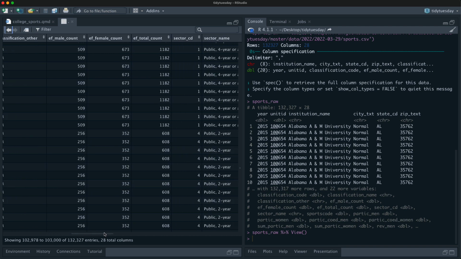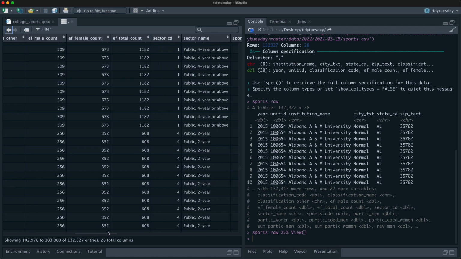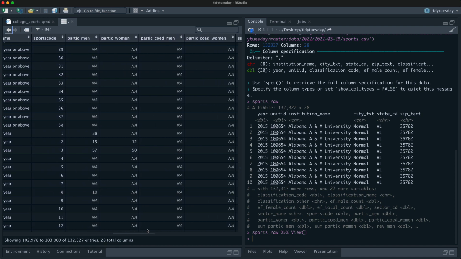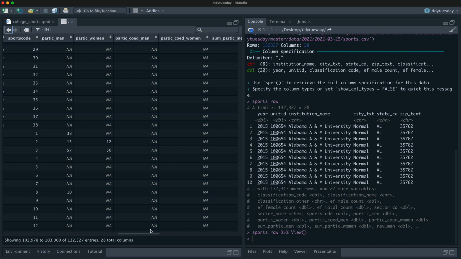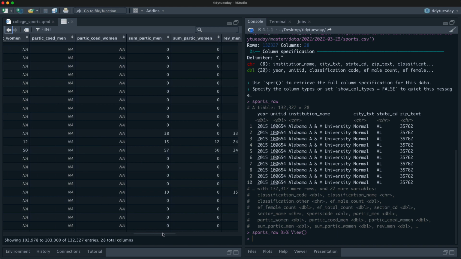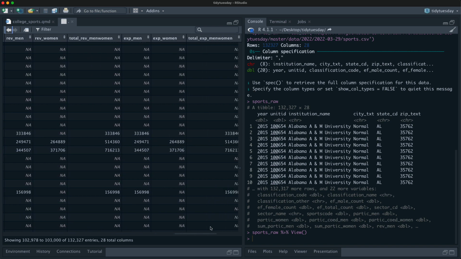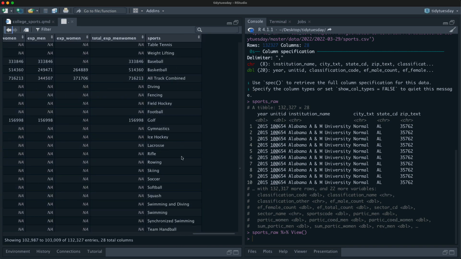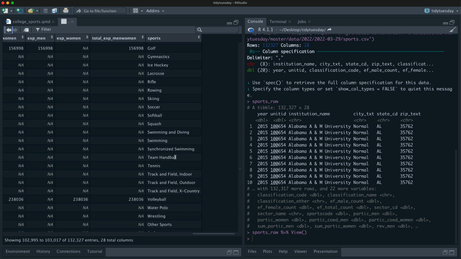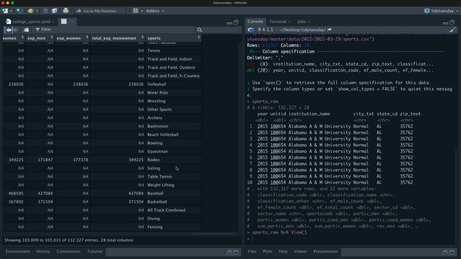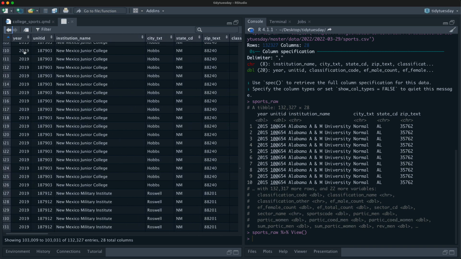And then we understand how many women and men participate in various sports, the revenue that is generated, and the expenditures as well. As you can see here, we've got skiing and rodeo and all kinds of track and field and lots of different kinds of sports here. So that's kind of the way this is going.